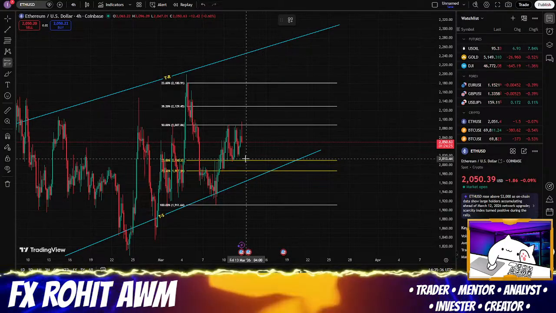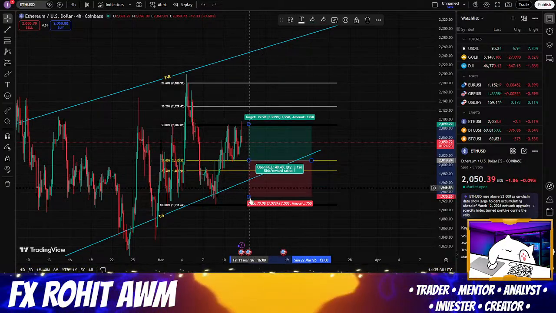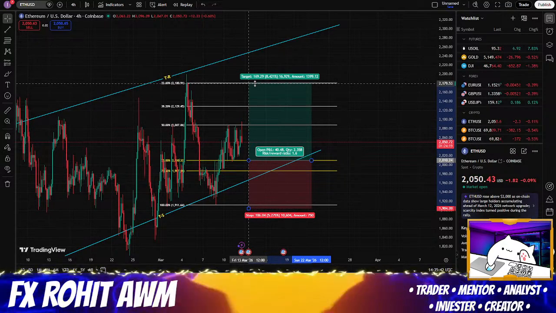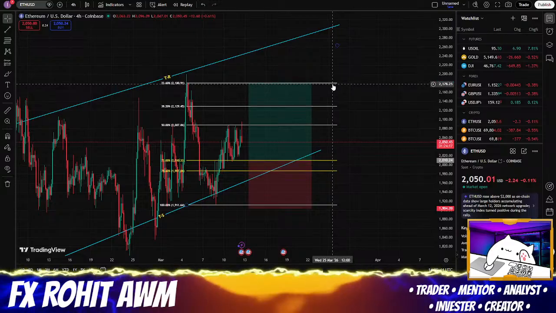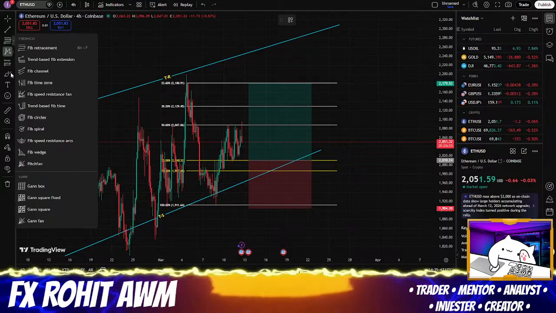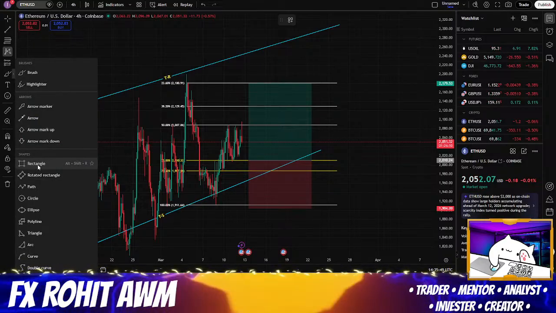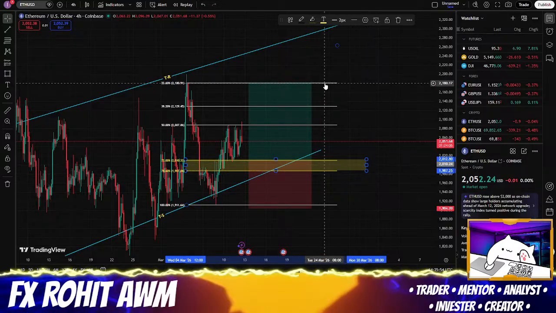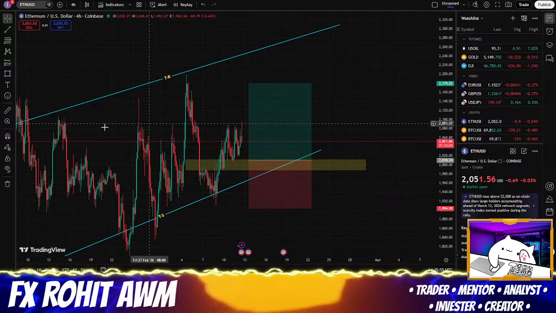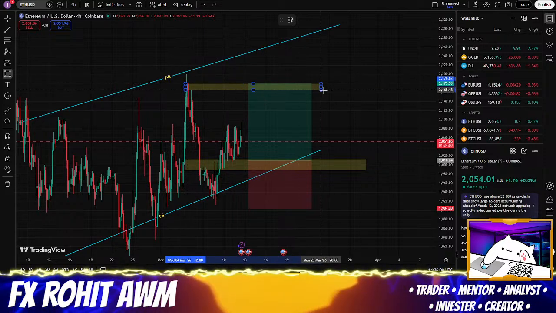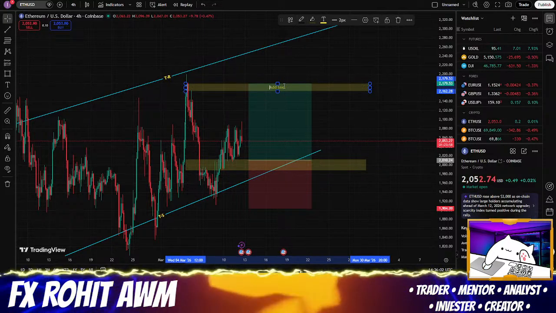So our trade will be placed here. SL might be at this low and TP is this high. But why, guys? Because our entry will be taken by a Fibonacci retracement zone. And this zone, our liquidity, that our